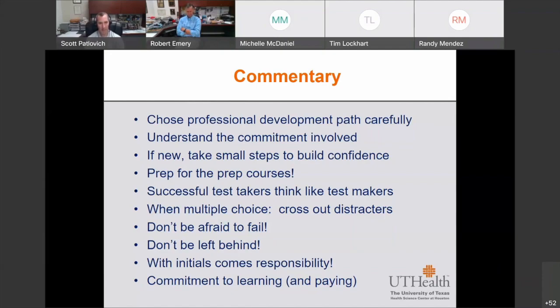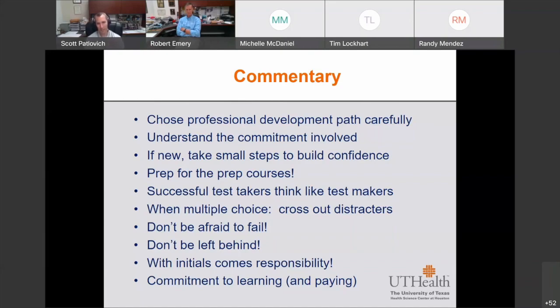All right. Don't be left behind. If you want to pursue a certain career path in a discipline of health and safety and a credential makes sense to you, go ahead and do it. Stop saying I'll do it in the future. Just set your sights on what goals you need to achieve to get yourself there.